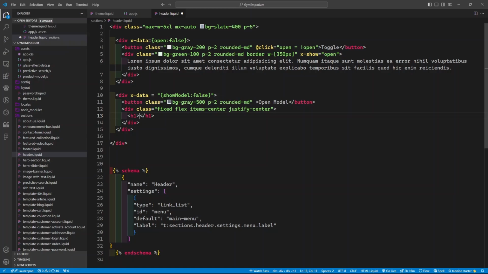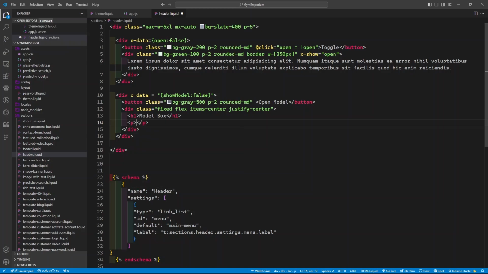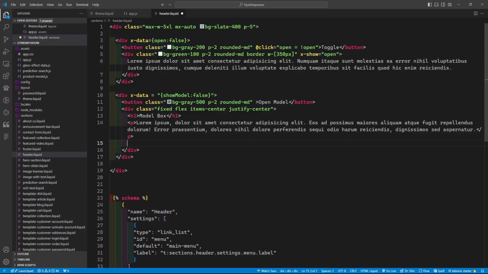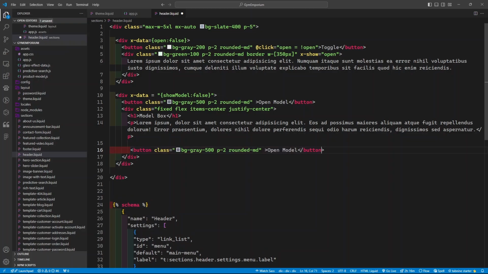h2, modal box, and add a paragraph that says lorem. Now let's add one more button, and it should say close modal and make it red. Okay,